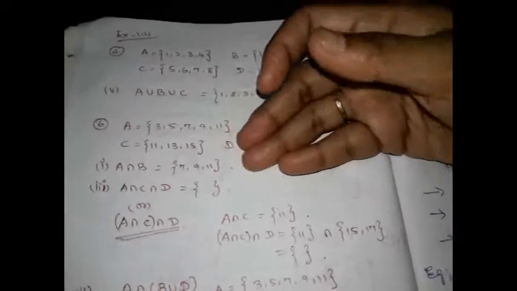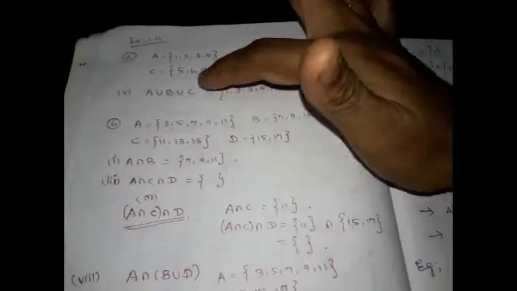Yes. Next we have solved numericals based on the operations on sets. Hope you can do this. These are all very easy problems. If they have given you the elements directly, you can very well find its union and intersection, right? Because we know what is meant by union. Combine all the elements and write together. Don't repeat the elements. When it comes to intersection of two sets, write the common elements.